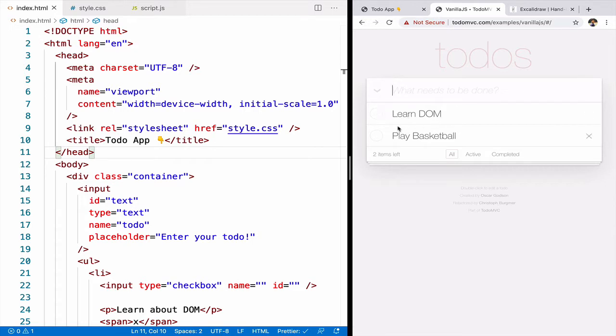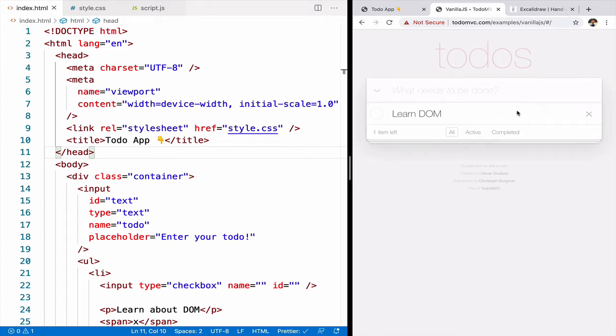Now each of these to-do lists have different behavior that we can perform. Something like when you click on this circle, you can complete this. It means that this to-do is completed. Similarly, when you click on it again, it is uncompleted. So you can do that with each of these to-do lists. Similarly, there is a cross button that comes along with every to-do list. So clicking on the cross button will delete that to-do list from the list. So it means that you've already completed the to-do list.